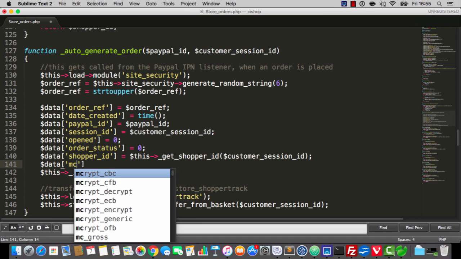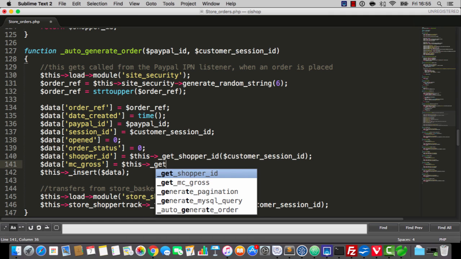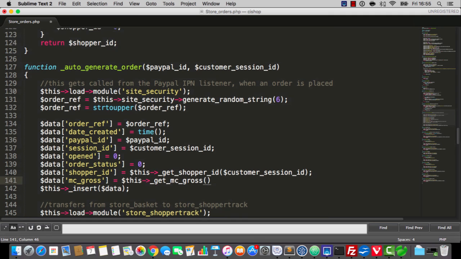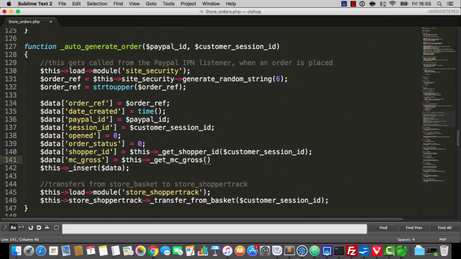And then data MC gross equals this get MC gross, and what do we pass in for that? You remember, it's the PayPal ID. So here we go, no problem, okay? Pretty cool, excellent. So we've now added shopper ID and MC gross onto our